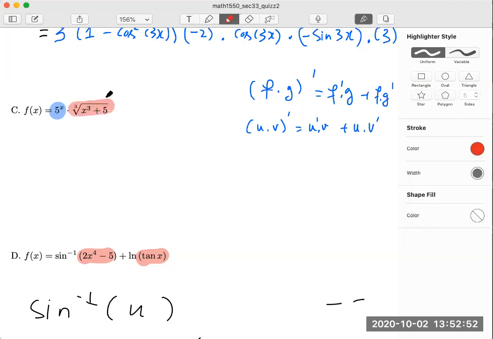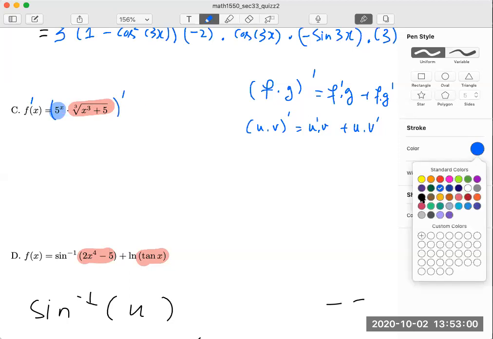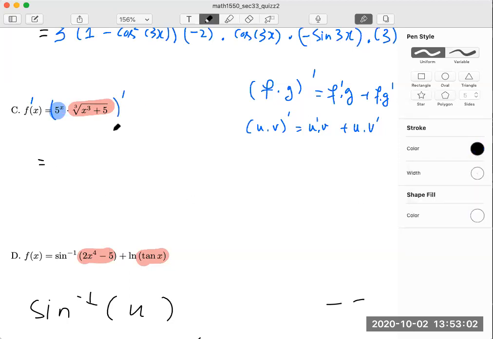Okay? Then let us take the derivative of these two. So it is clear that we can apply this formula here, which is 5 to the x prime times this one,